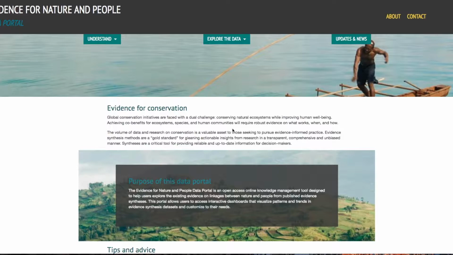On this portal, you can access interactive dashboards that allow you to visualize patterns and trends in these synthesis data sets and customize and download them to your bespoke needs. On this tour, I'll show you briefly the features of this portal, some new updates, and where you can contact